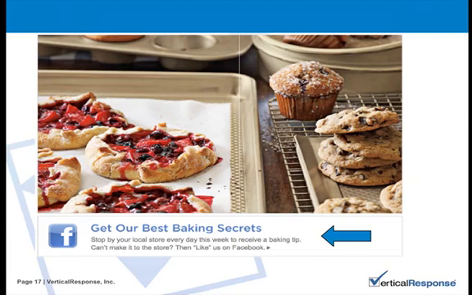So instead of having a whole email that was sent out inviting people to follow them on Facebook and telling them what was in it for them, they just had a little piece of information at the bottom of their email. Here's one more reason why you should follow us on Facebook. So that's a nice thing that you could include in any email that you're sending out. An incentive, just a short little incentive in the bottom of your email to encourage your followers or your recipients to become followers of you on Facebook.